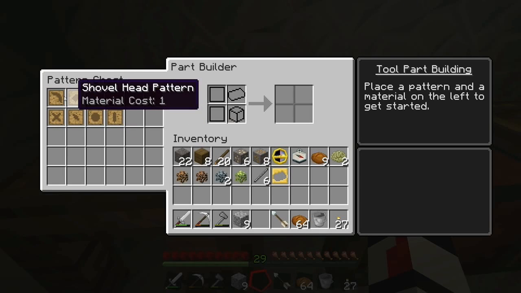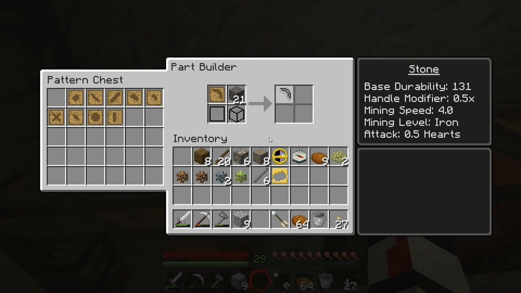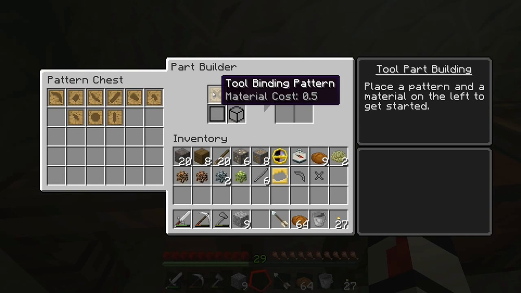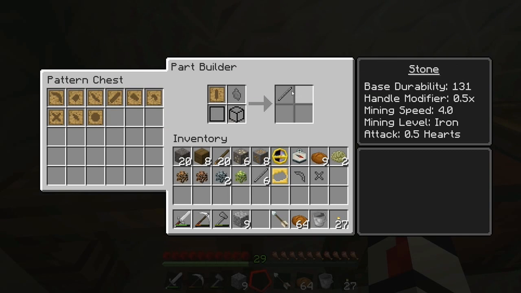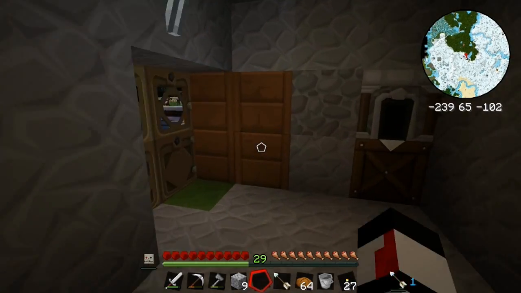So we want an axe head made of stone. There we go. We want a tool binding, also made of stone. Boom. These shards are the equivalent of 0.5 blocks, and as you can see the material cost is 0.5. So yeah, keep that in mind. And stone rods can also be made simply by...